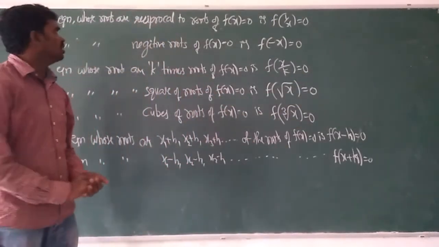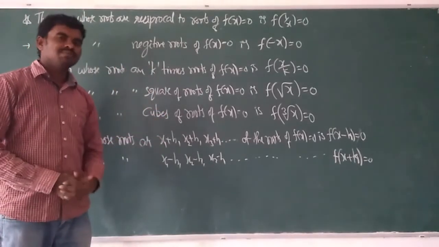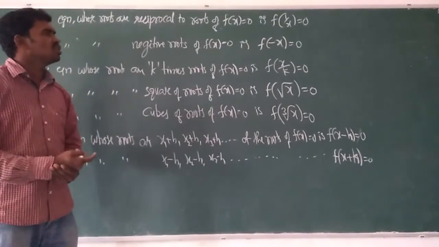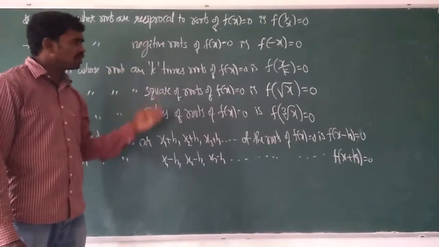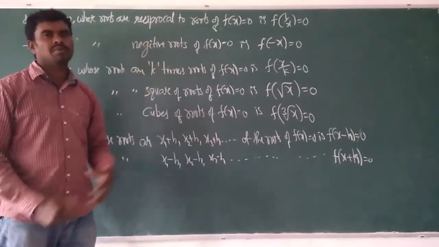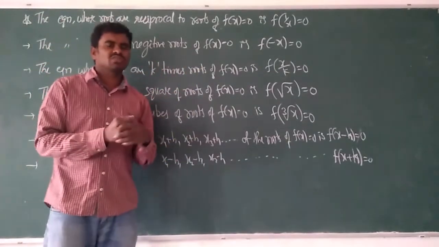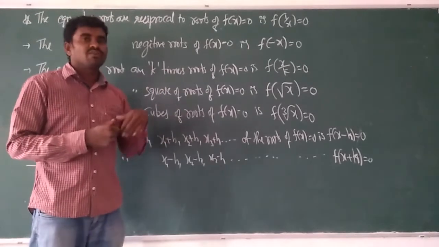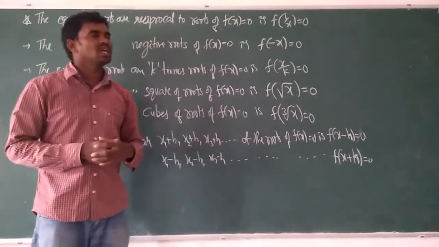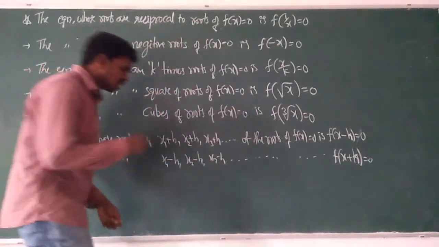Next, most probably we can use these in competitive exams like the MCET exam, banking exams and any other competitive exam, many times and in several ways. So remember all these formulas. They are very simple formulas. If you study them one time, you can remember them easily. Second one, negatives of the roots: if some equation f(x) = 0 is given and they ask you to find the equation whose roots are negatives of the given equation, then immediately know f(minus x) = 0. Similarly in this way, let us see the problems, and you can understand easily.